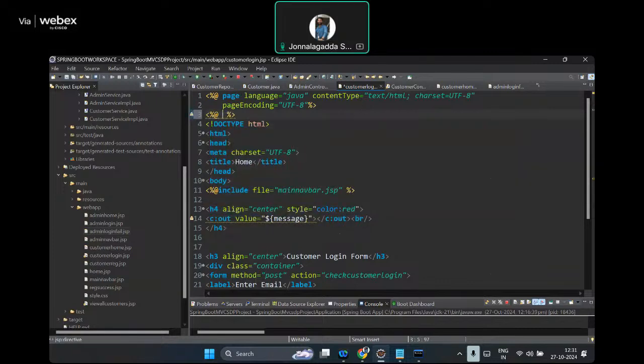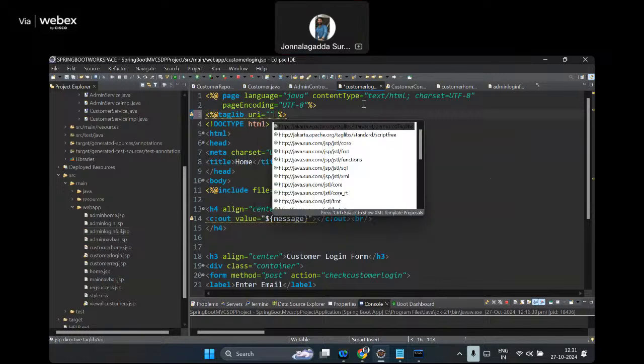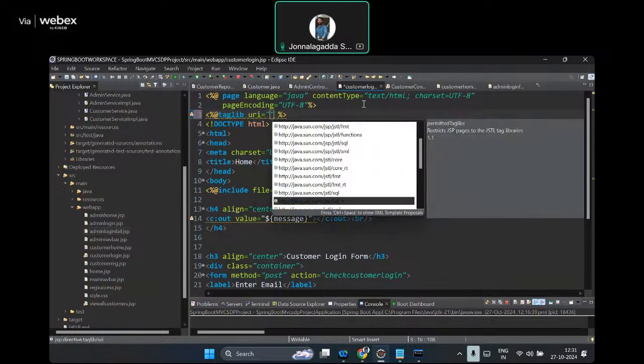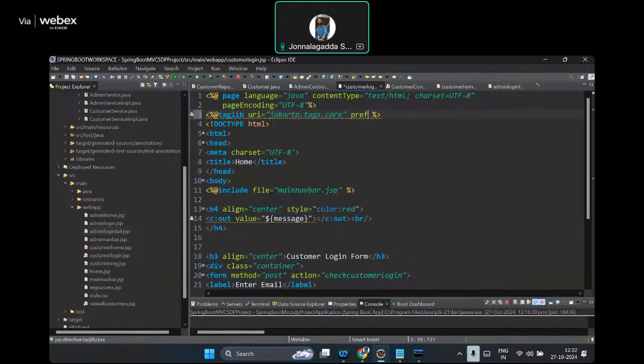@ tag URI, jagatta.tags. Prefix is equal to